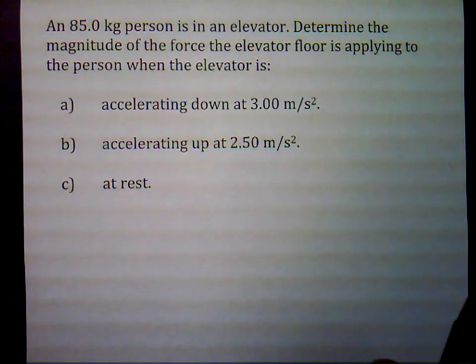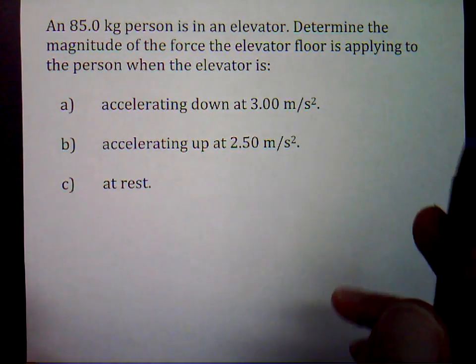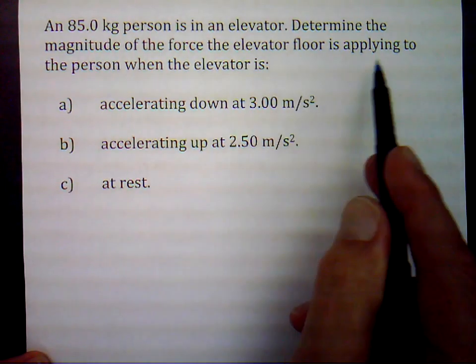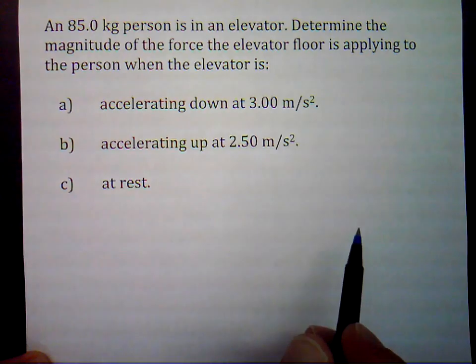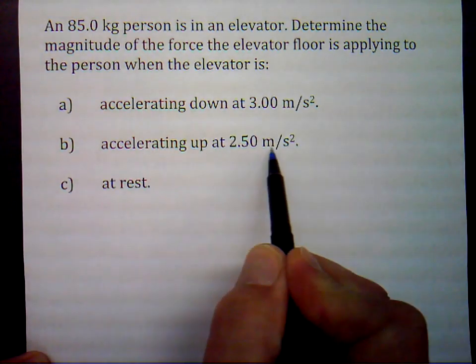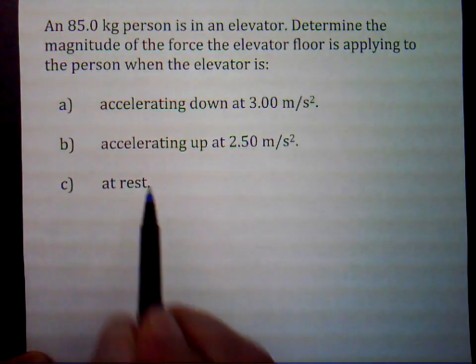An 85.0 kilogram person is in an elevator. Determine the magnitude of the force the elevator floor is applying to the person when the elevator is accelerating down at 3 meters per second squared, accelerating up at 2.50 meters per second squared, and when the elevator is at